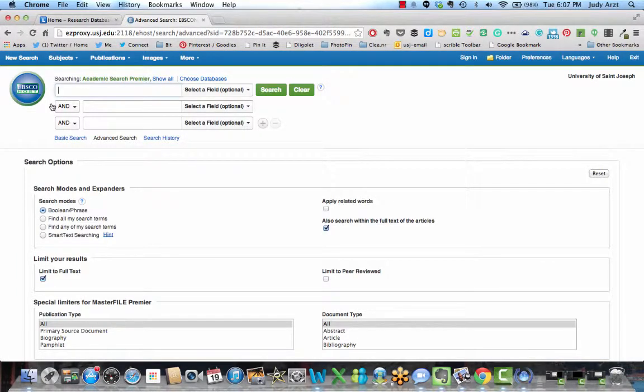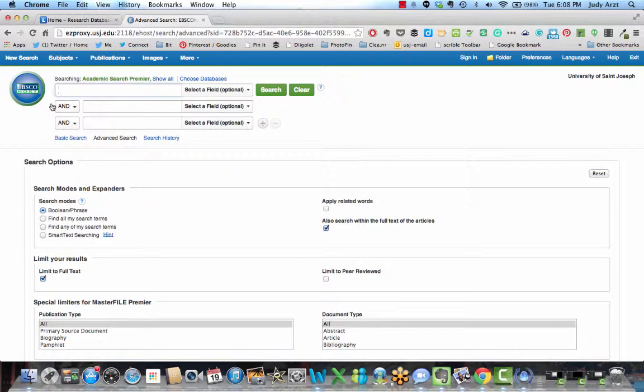okay, now what's happening here is it's going right into the database for me because I was already logged on. But you're going to see a slightly different screen, and it's going to ask you to log in to your USJ accounts. So when you see that screen, what you'll want to do is just type in your first initial last name. You do not want to type in at usj.edu. It'll be a blue screen that you're going to see, and it's going to ask you for your login. So it's really just the first part of your